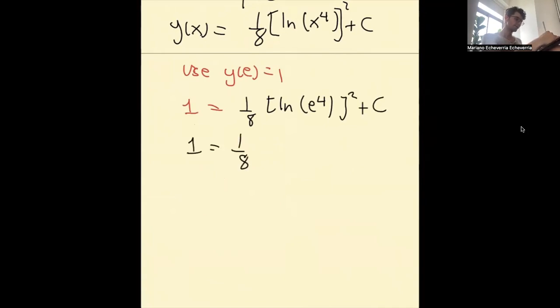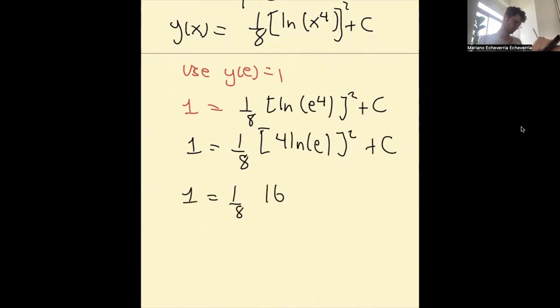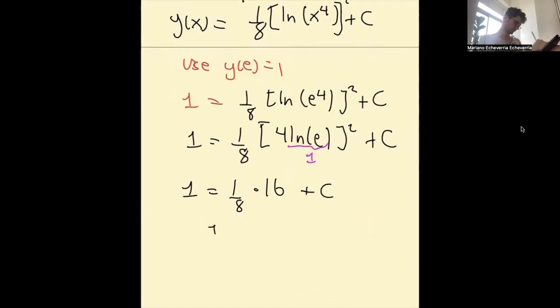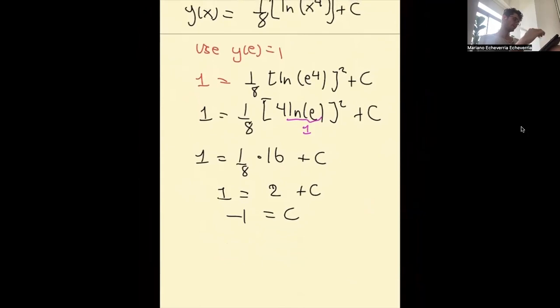Remember, you have to use the properties of log that you can take the exponent to the outside of the logarithm. And ln of e is just 1. So you get 4 squared, which is 16. Okay. So the answer